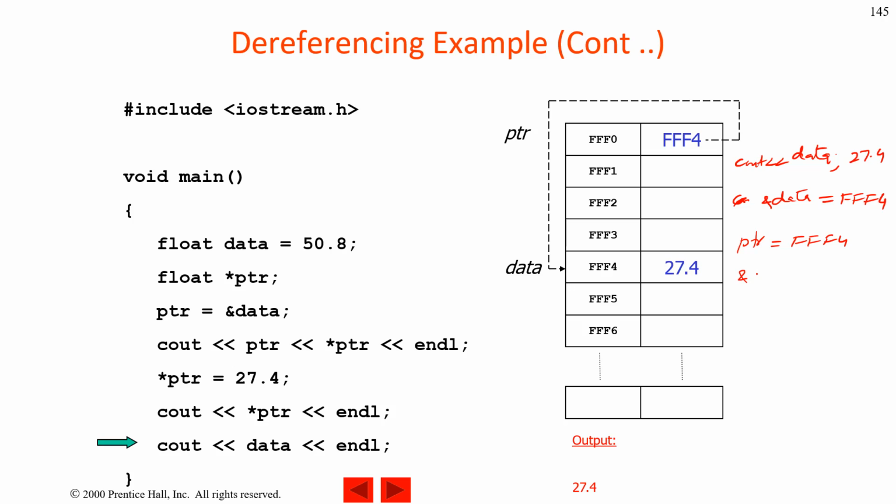If you write ampersand of ptr, so ampersand the location of this ptr, this is going to give you FFF0, and asterisk of ptr, go to the location ptr and give me the value. So go to the location ptr, which is this, give me the value. This is going to be 27.4. So this is the entire concept of pointers to the level that we are going to study in this